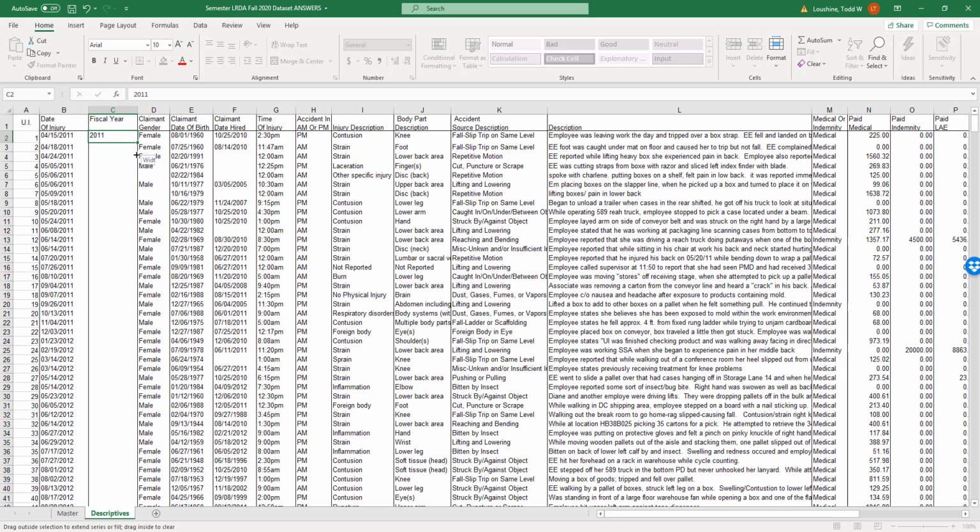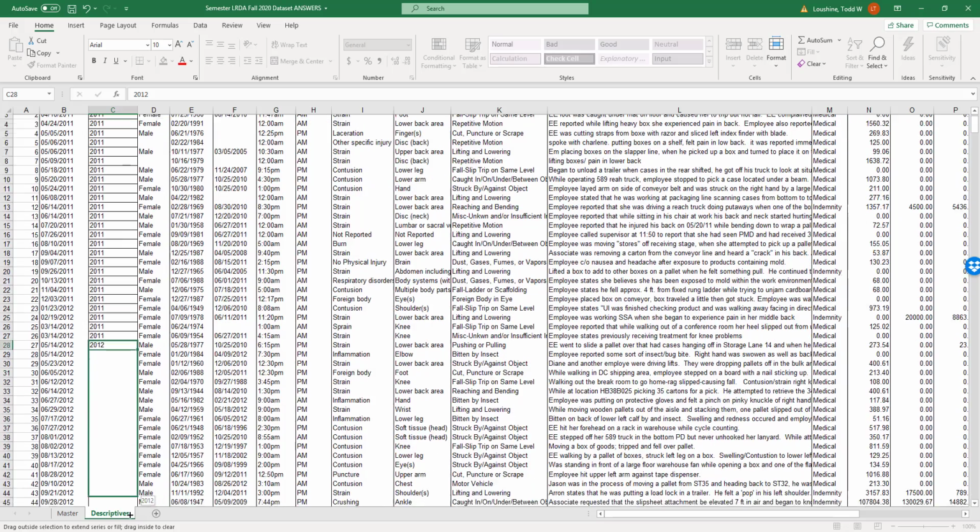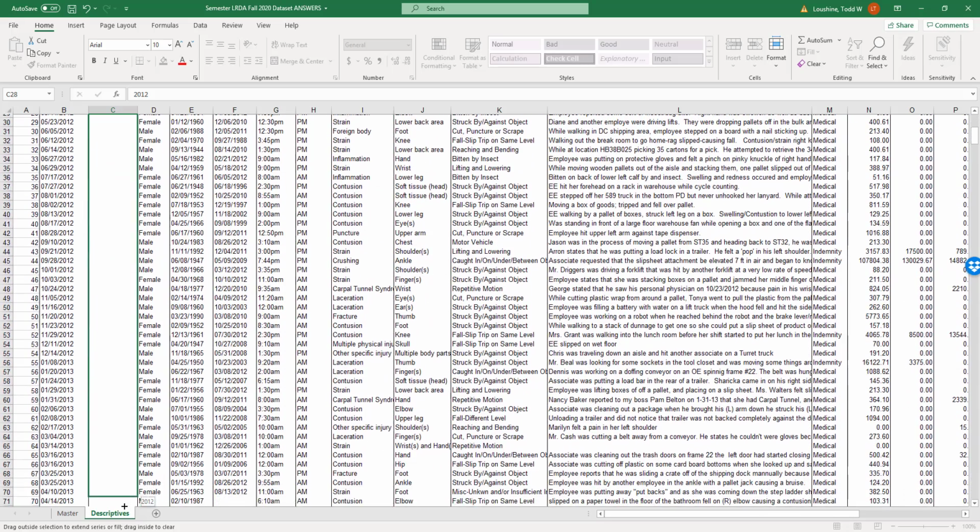And then what I have to do is drag it. And what I'm doing is I'm looking for March of 2012, which is right here. There we go. This goes through March. Okay. So this is going to be 2012. Again, I'm establishing years, but I'm calling it fiscal years. So I can start it and end it in the middle of a year. This is going to go all the way through